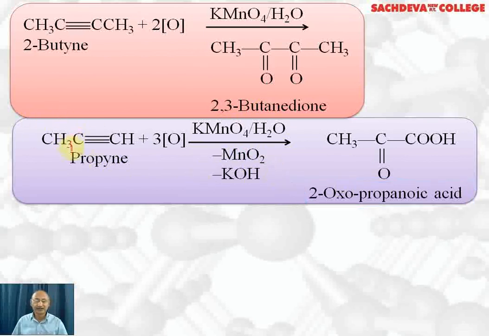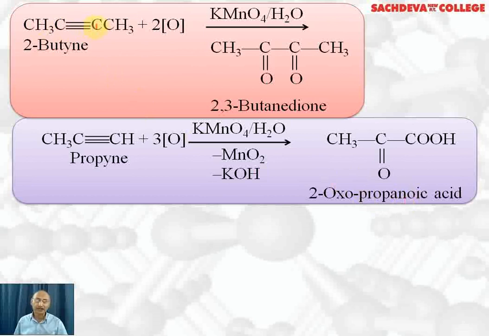Here this carbon has changed to keto group and this carbon has changed to carboxylic acid group. For the IUPAC name, we give preference to carboxylic acid because that is more preferred over keto. So this is the first priority, this is the second priority, this is the third carbon atom. On the second carbon there is a keto group whose prefix is oxo. So we call it 2-oxopropanoic acid. This is also called pyruvic acid.